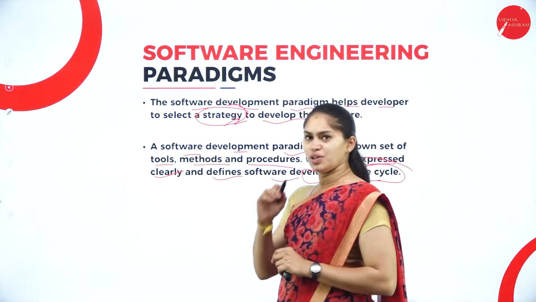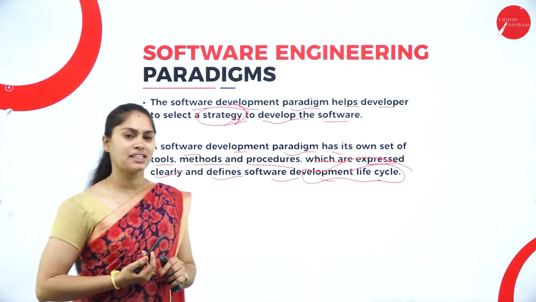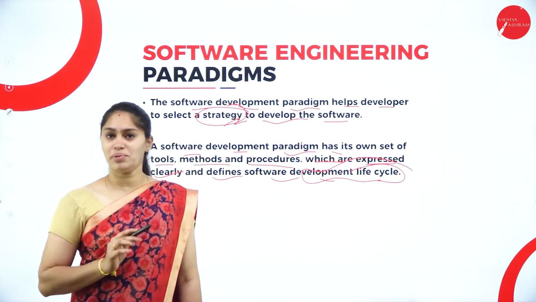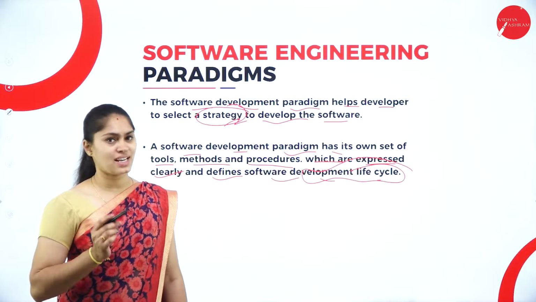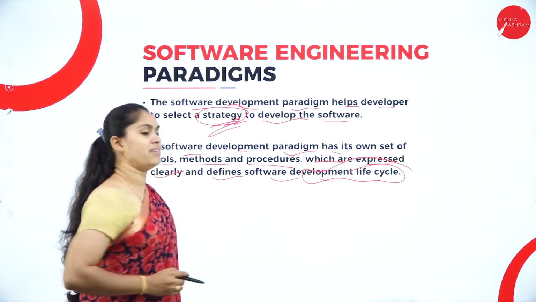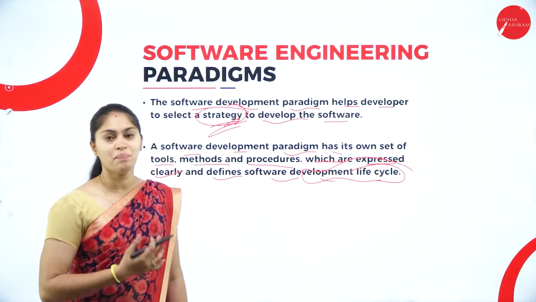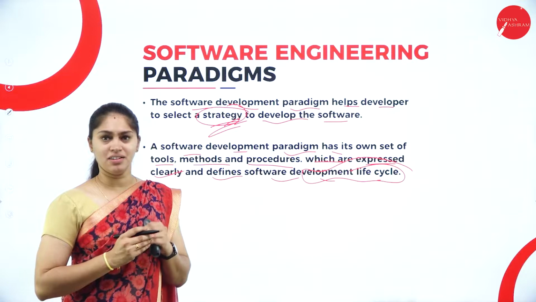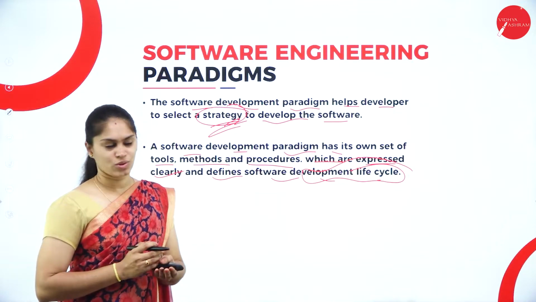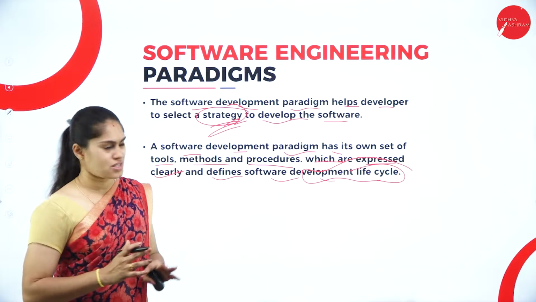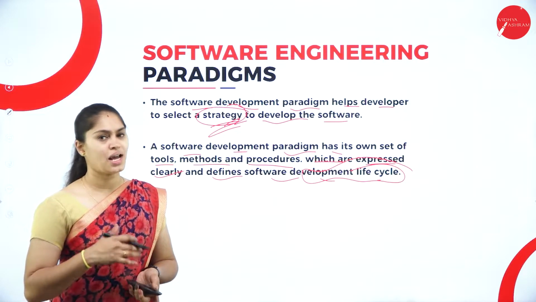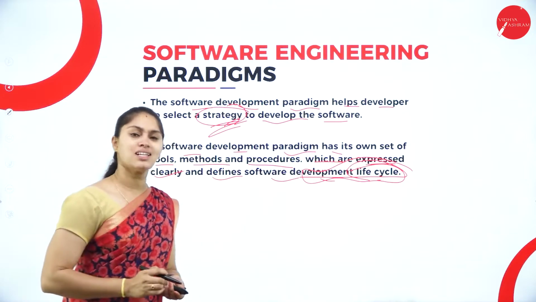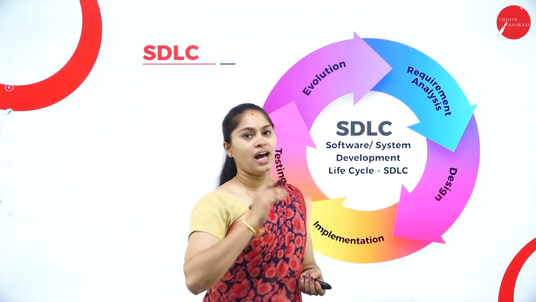What do we have here? In order to define this life cycle, as I discussed already, we have different ways of finding a solution for the same problem. Out of that, we have to select the best strategy to develop software which will be more reliable. The response time should be less. That means accessibility and fetching of content from the software needs to be very fast. So to define all those things, we have the software engineering paradigm to implement this life cycle model, and each life cycle model will have its own advantages